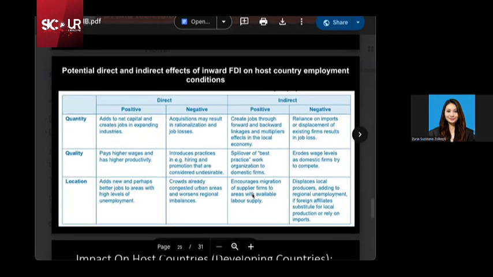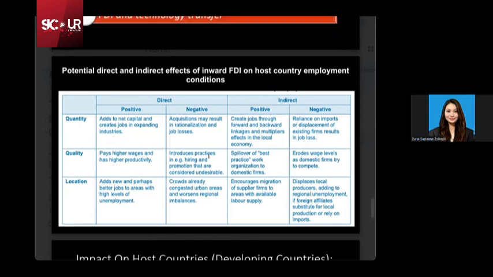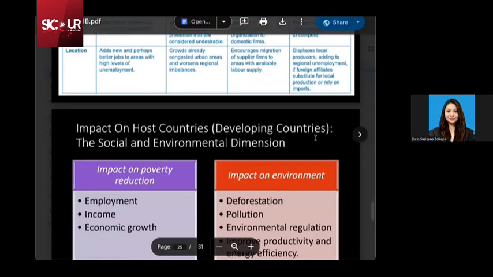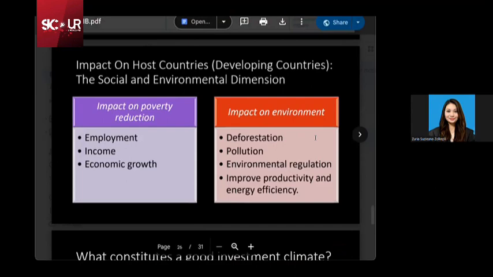Next is this one, in terms of employment condition, right? We have direct and indirect effects, positive, negative, and positive, negative. So I think you guys can read this. I also have touched a little bit on the wages, hiring and promotion and so on. So there is an explanation here, you can read. Next is in terms of social and environmental dimension. So the impact on poverty reduction, right? However, okay,